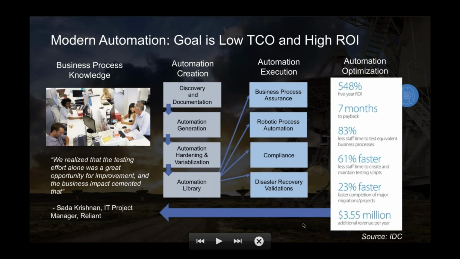So if you don't believe me, we have an IDC white paper that proves this. They have actually gone out and polled customers, and they say it's 7 months to payback. The 5-year ROI is 584%. They're actually 61% faster. They need less staff to create and maintain their tests. So there's hard value, not only in testing, but in the entire life cycle around it. And this has been validated by IDC's